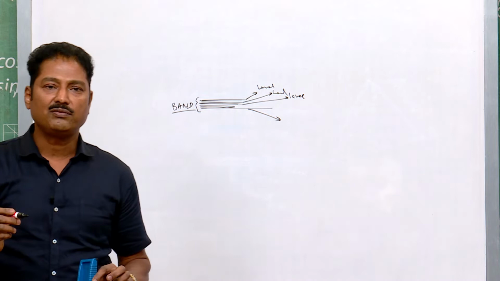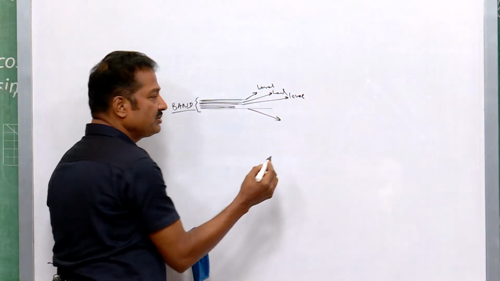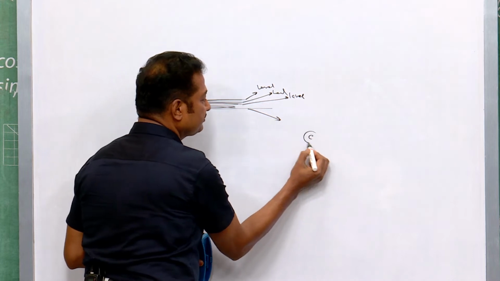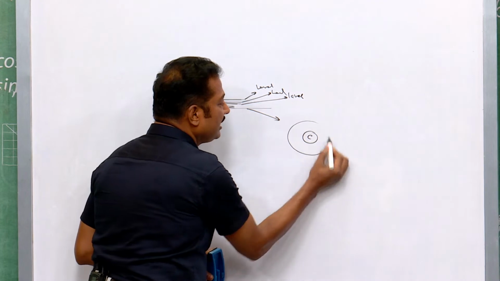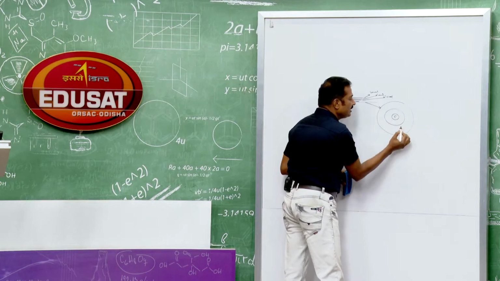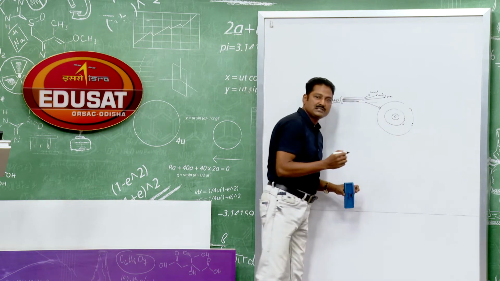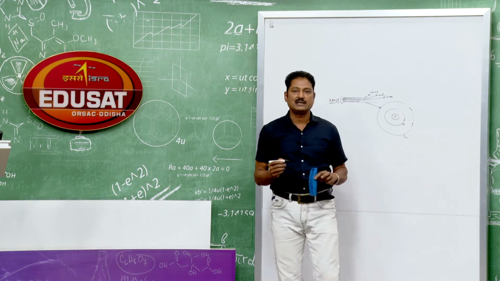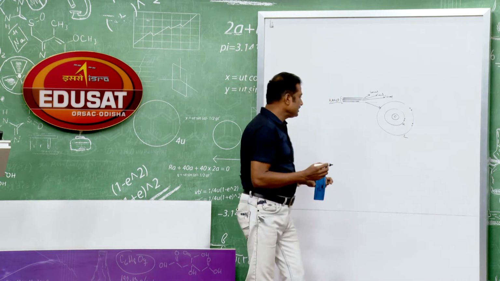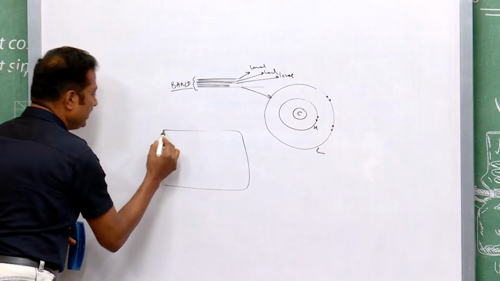So, now you think of the valence electrons. You know what is a valence electron? Suppose it is a carbon atom. In the carbon atom, there is a K cell and an L cell. K cell has 2 electrons, L cell has 4 electrons, so carbon has 6 electrons. These L cell electrons are the valence electrons, and when it is in a matter, suppose it is a carbon material,